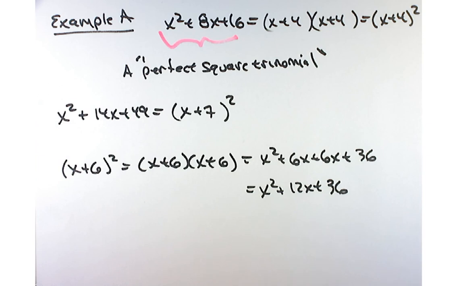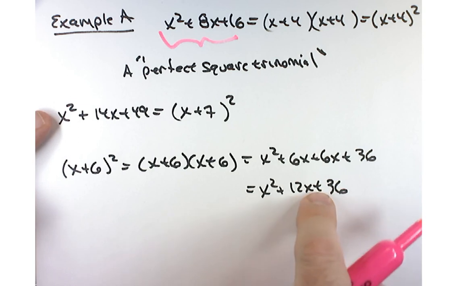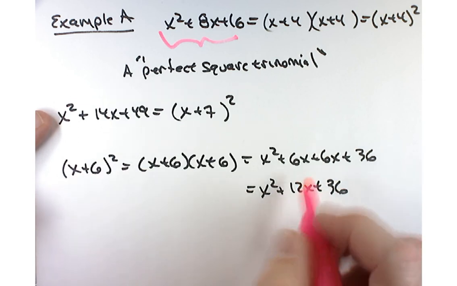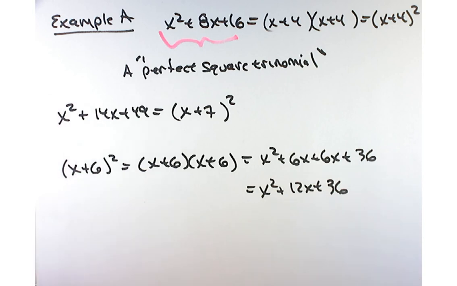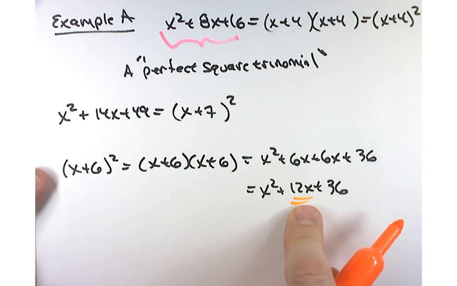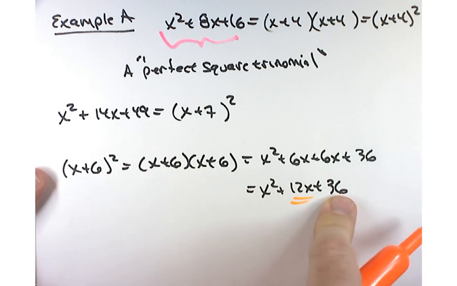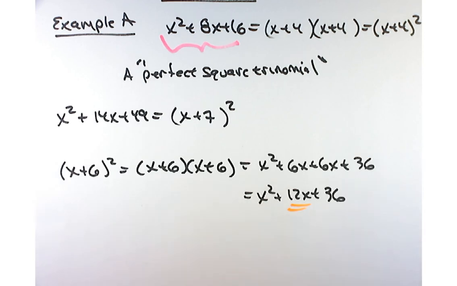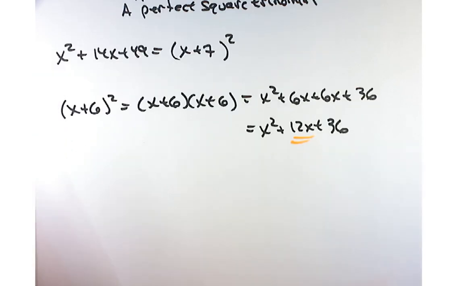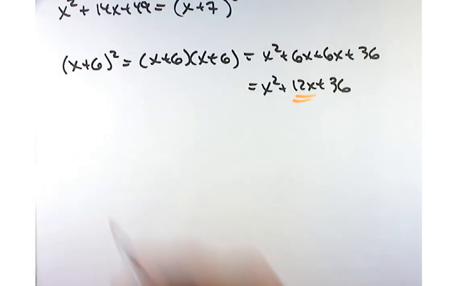Now when you go backwards, you're going to say, all right, how did this come about? What did I square to get this? One of the things you're going to do is look at the 12 and say, if this is a perfect square, two things have to line up. First of all, half of this has to be this, and this squared has to be that. So all these little things have to line up. And let me show you what it's going to amount to for us in this class, what you can expect from me exactly. And that is, our goal